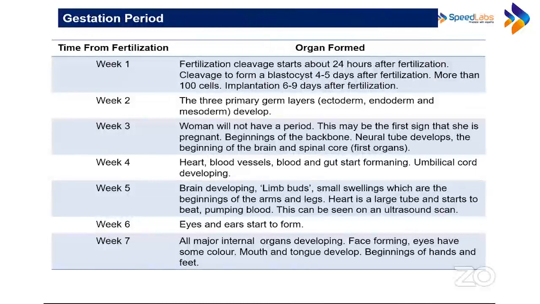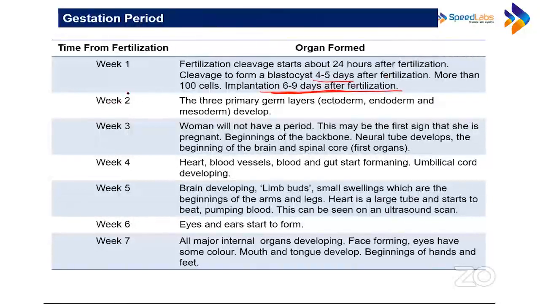First week, that means first to 7 days, what is happening? You will count first day to the 7th day after fertilization. So fertilization takes place, and then 4 to 5 days, morula is formed, then blastula is formed. Implantation takes place on the 7th to the 9th day or 6th to the 9th day after fertilization. I told you, if a woman has a 28-day cycle, so roughly when will implantation take place? Roughly on the 25th day. बताया था ना?